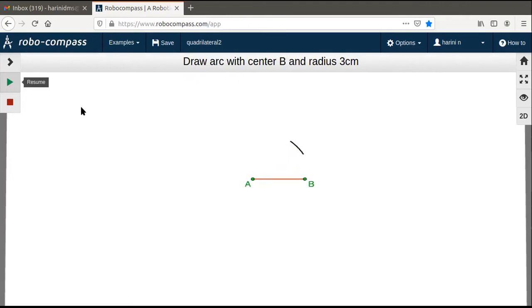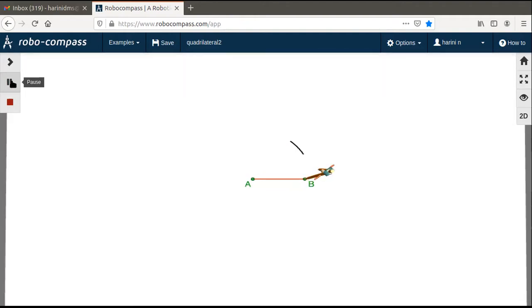All right. The next step is now you have to come to B. From B, the distance to C is 3 centimeters. So draw an arc with B as center and radius 3 centimeters. From A, it was 4.5. From B, it is going to be 3. So let us construct that. Take your compass. Keep it at B. You have taken a radius of 3 centimeters and you have cut the arc.